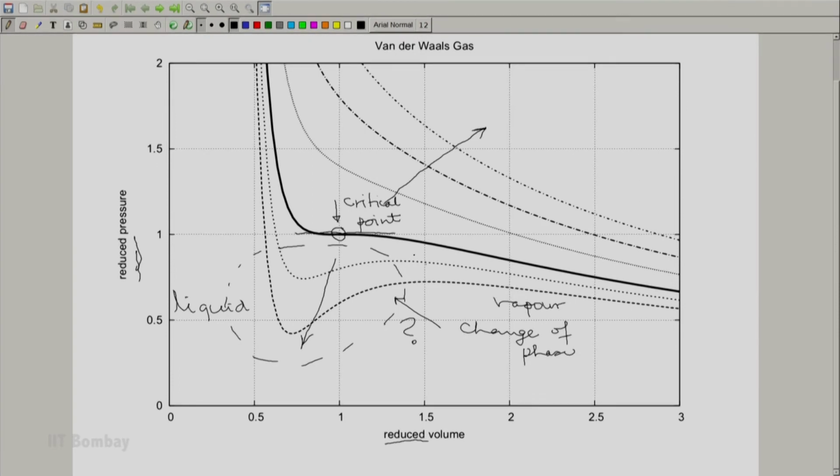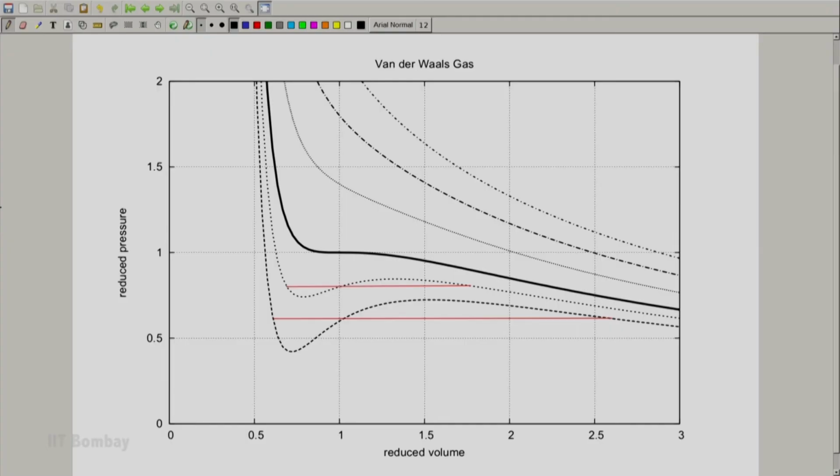What we will do is we will look at the next slide where the variation is plotted. So, what you notice is that at the critical point the tangent is horizontal, but in this zone where the pressure reduces, goes through a minimum, again increases, goes through a maximum, and then starts reducing again, the actual process is this process at this temperature and this process at a still lower temperature. So, this is the process of evaporation.